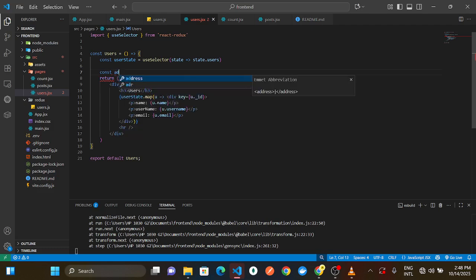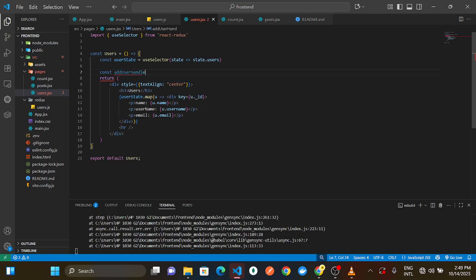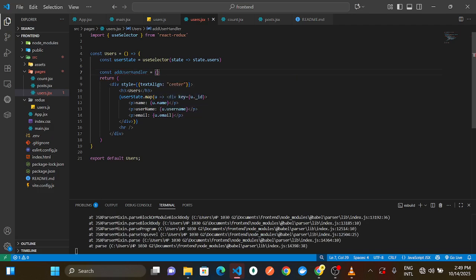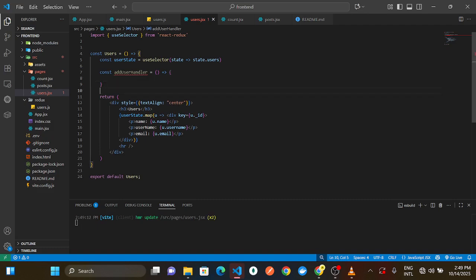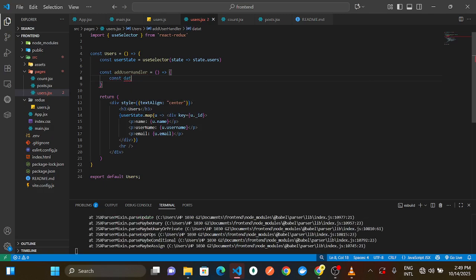We'll just say add user, and you can take this as, okay, sorry, no arguments, because we are not returning any arguments. Then inside this function, let's just say user data,